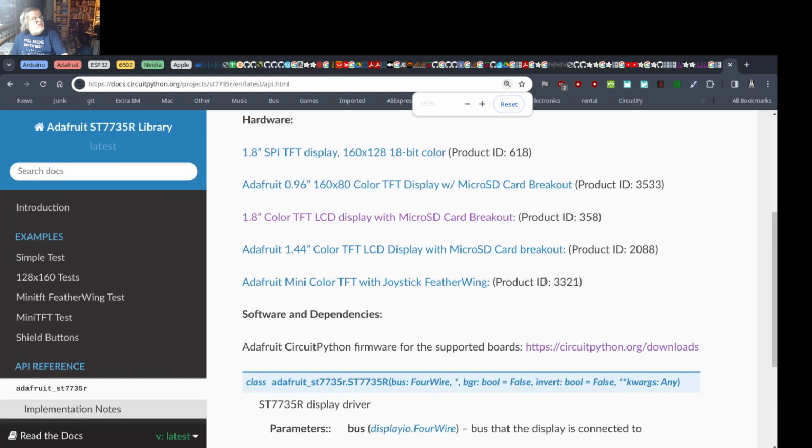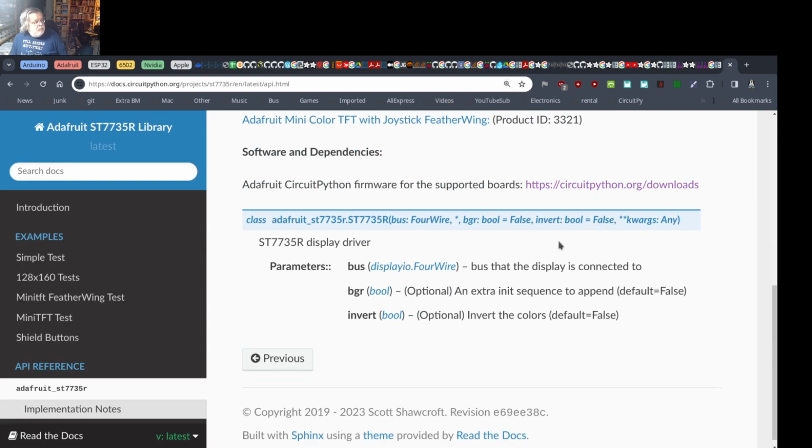Let me see if I can zoom in a little bit. There we go. And I could see here, 4 wire, and I saw that being set in the code. BGR false, invert false. But I was interested in this little funky chunk right at the end here. From a C point of view, it implies to me that you have an open-ended parameter list that you could